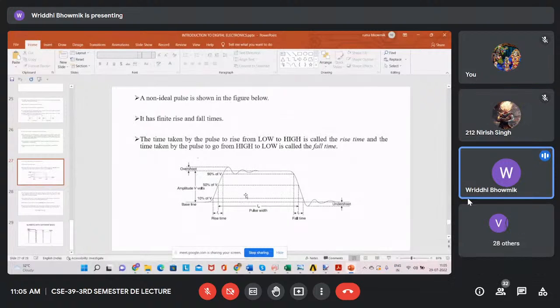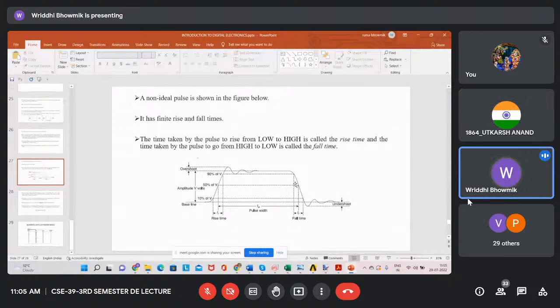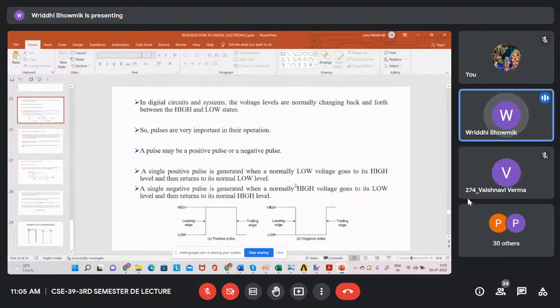So today we are just going to end this topic, that is the introduction to digital communication. We have only one slide remaining. Already we have discussed the ideal pulses. So these are the ideal pulses